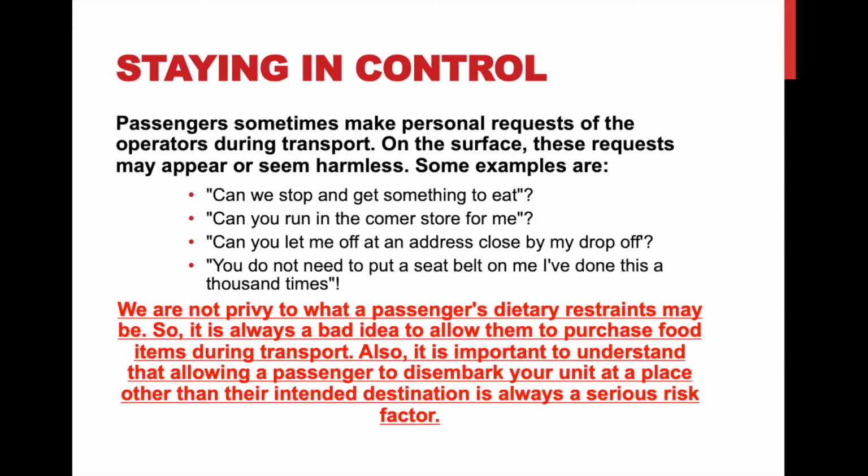It's important that you are staying in control of the situation. You are the transport, which means that ultimately you have custody of the patient and you are responsible for the vehicle. So unfortunately, policy should always stop you from taking the patient anywhere except for from A to B. So if they're required to go from the nursing home to the doctor, that's the only place they can go. We can't run by the corner store or let them come by an address that's close or stop by their favorite restaurant to get something to eat.